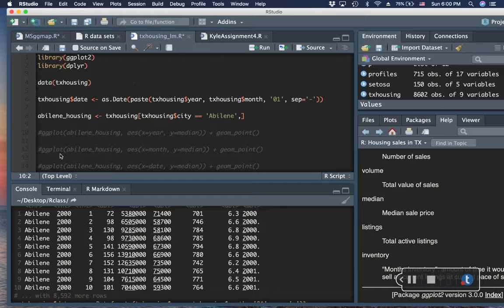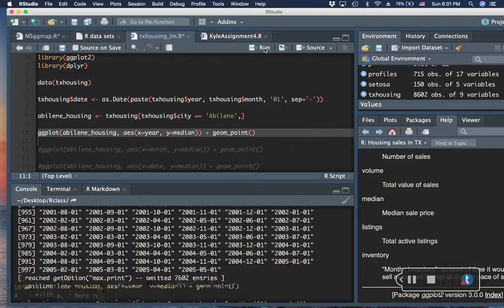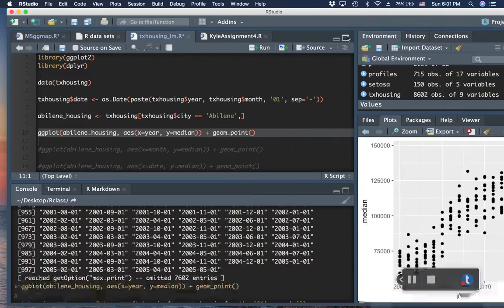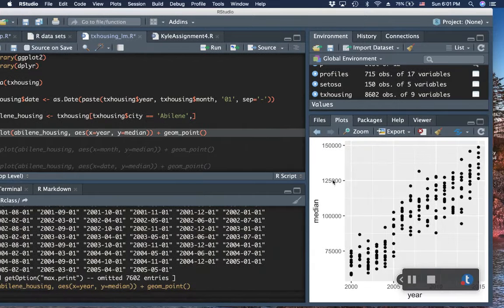So the best way to figure out what you want to model is to start by kind of visualizing your data. And we've already learned about ggplot in the last class, so I'm going to use ggplot to do that. So the first plot that I have here is calling ggplot and just using the Abilene housing subset that I made as the data, and the aesthetic mappings are going to be year on the x-axis and median on the y-axis, and it's going to be a scatter plot, so we're going to use the geom_point object. So let's just run that,